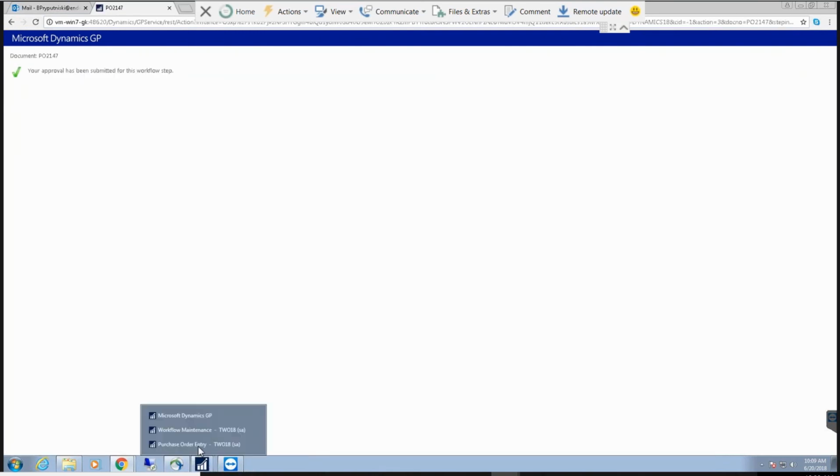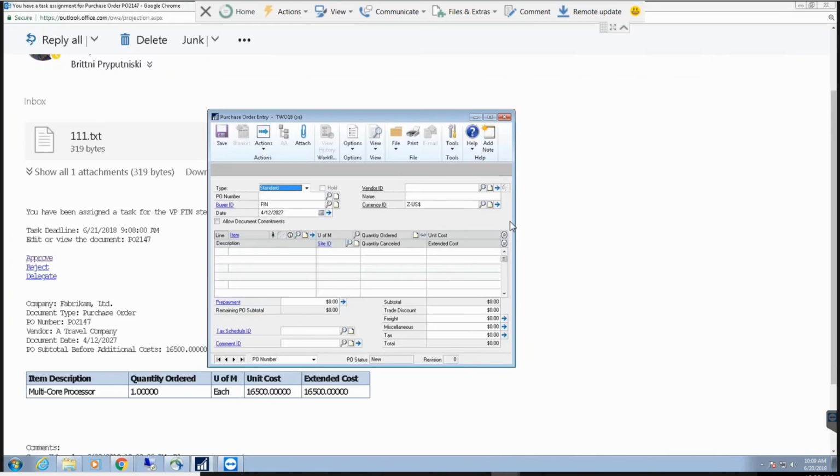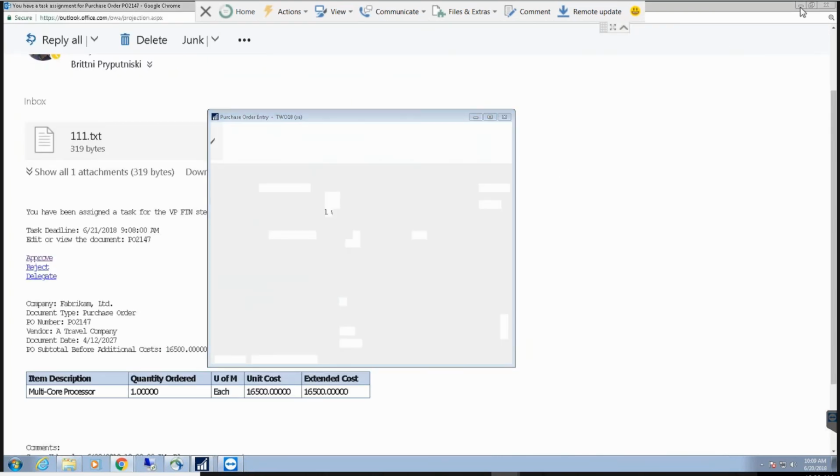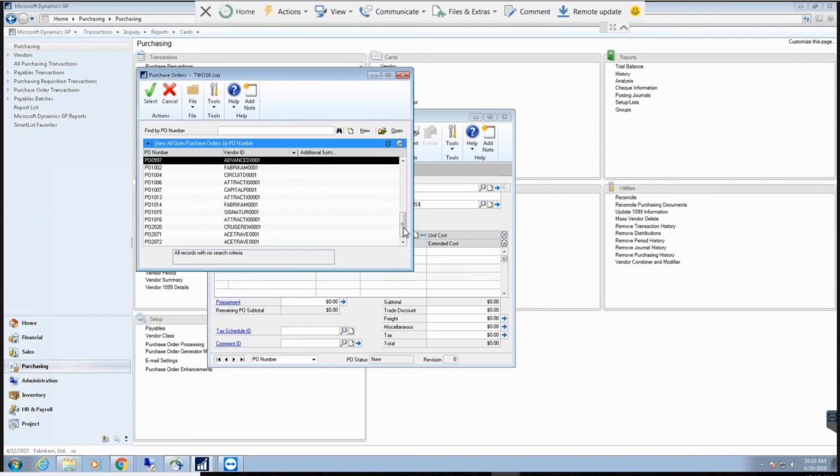You'll now notice I'm going to hop back into GP, and we'll actually be able to see what the history of this PO was. So we've noticed that I went in, I entered that purchase order, and my manager got an email that said accept or reject, or delegate if I need to give it to somebody else. And it's now been approved. So you'll now notice that it has a different status. So if I go into that PO,